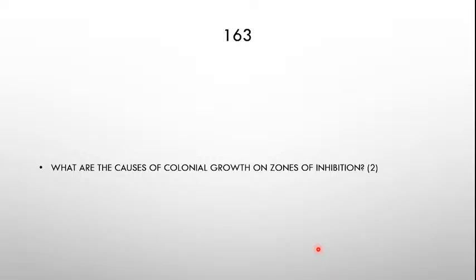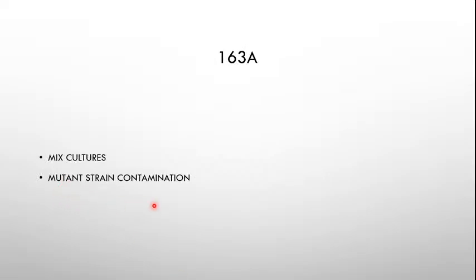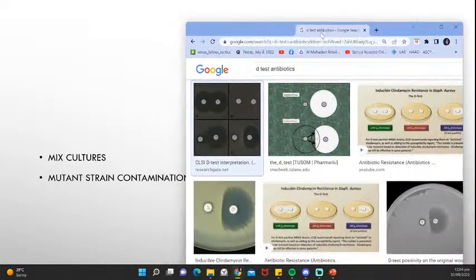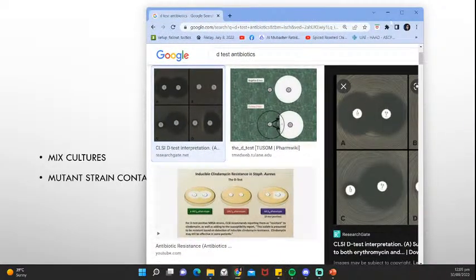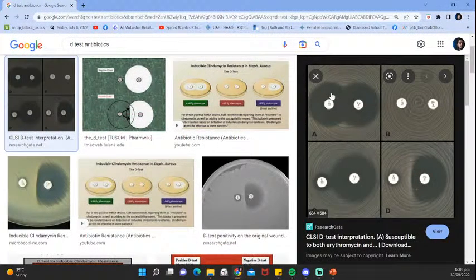Okay? Now, what are the causes of colonial growth in zone of inhibition? Mixed cultures or mutant strain contaminations. Ano ibig sabihin ng mixed culture? So, for example, you're looking at this one. Imagine this one. Focus on figure A only. Alright? Can you guys see figure A? Yes po. Imagine that there are colonies in the resistance zones. That's known as mixed cultures. Just imagine that there are cultures here, here, here, here, within these zones. So it's probably you took the inoculum and then mixed it with another inoculum, or